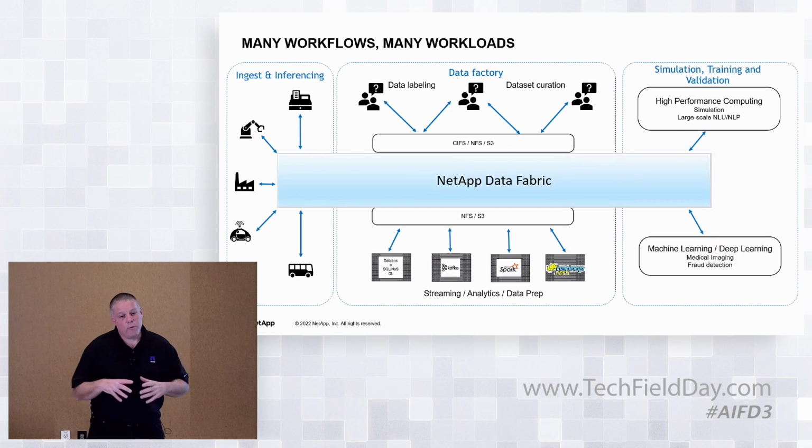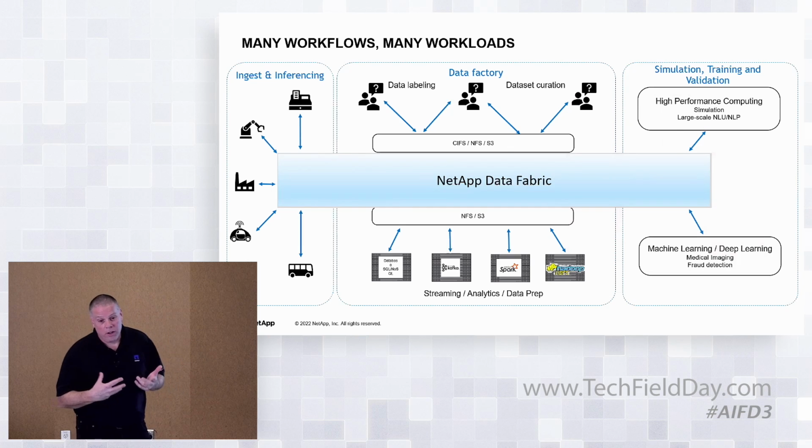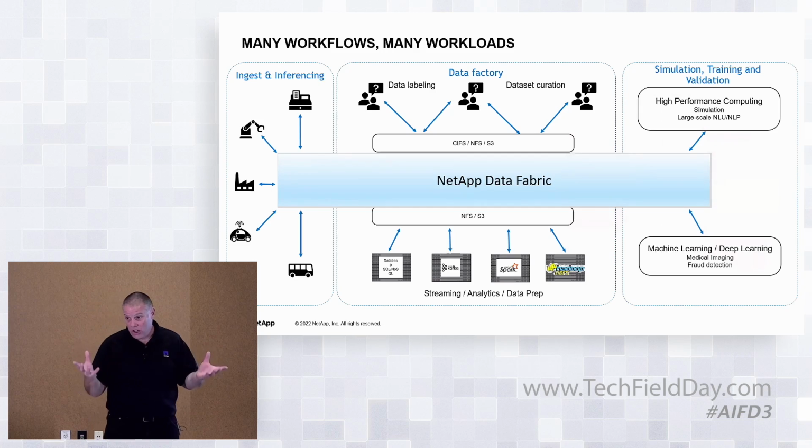So the data fabric is a concept that NetApp came up with a couple of years ago, basically referring to the interconnectivity of all of these different storage products we have. The Ontap product that I was getting ready to start on has a few replication features built into it natively, and a lot of the things we've been talking about would rely on SnapMirror to move data between heterogeneous or homogeneous Ontap systems. For customers that have heterogeneous systems, or even like the E-series, if we want to move data between that E-series BGFS and an Ontap, we have a couple of other software components, like